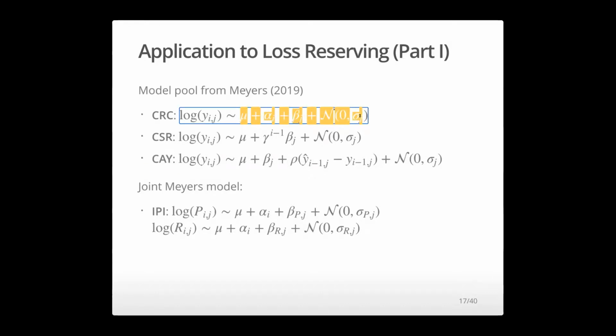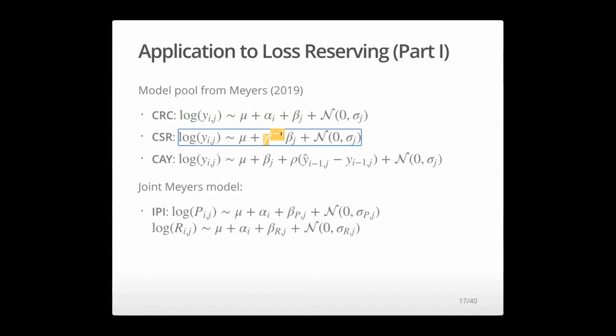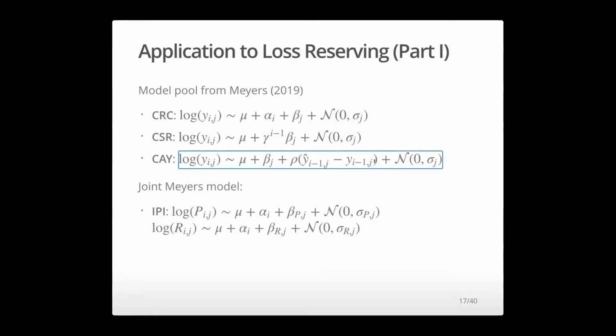Basically, this one is just cross-classified on cumulative losses. Alpha here is indexed to your accident years, and beta is indexed to your development lags. Here's another model, the CSR model, where effectively the shape of the development curve can change a little bit as a function of time via this parameter gamma. And then there's the CAY model down here, which is correlated accident year. So here there's a row term that can account for year-to-year correlation. And then he's got a model down here with IPI, where basically they're sharing alpha parameters, and you're fitting